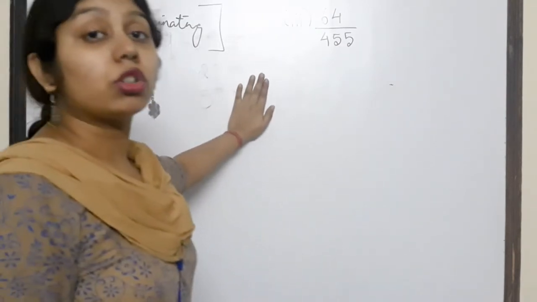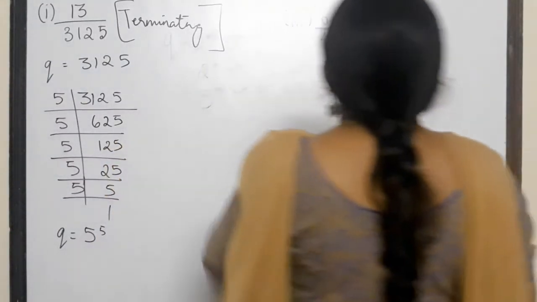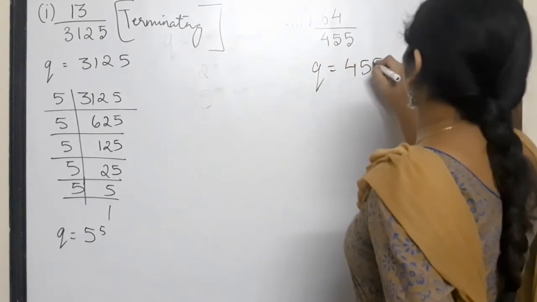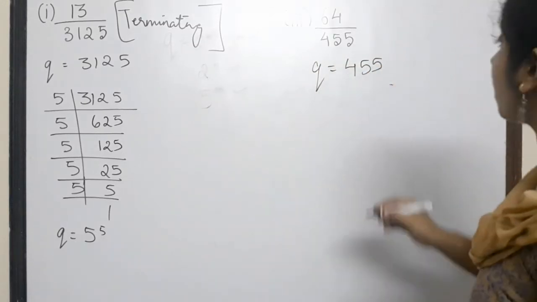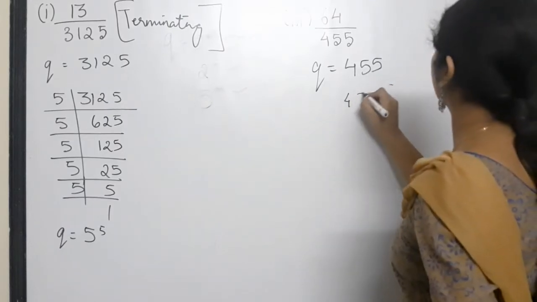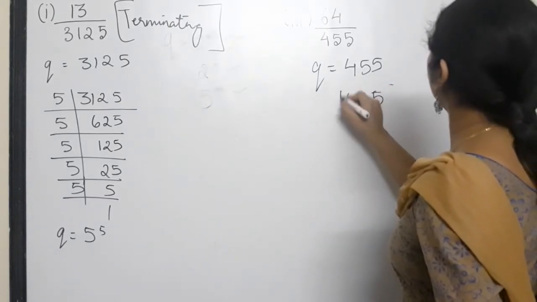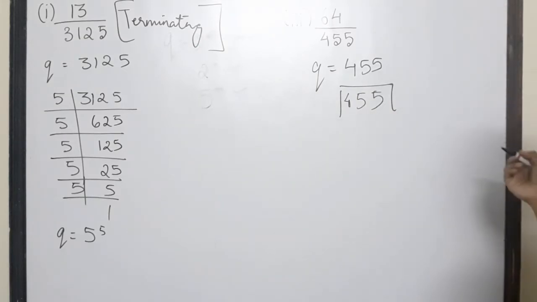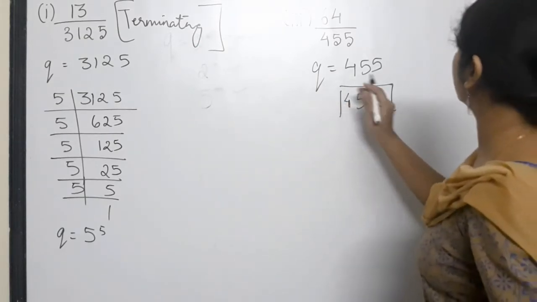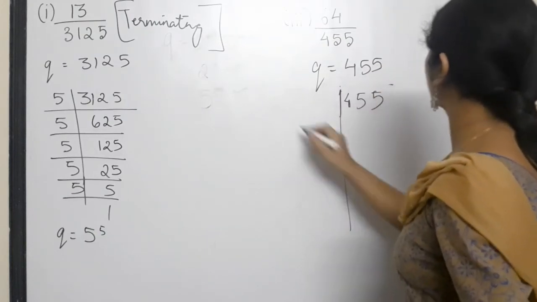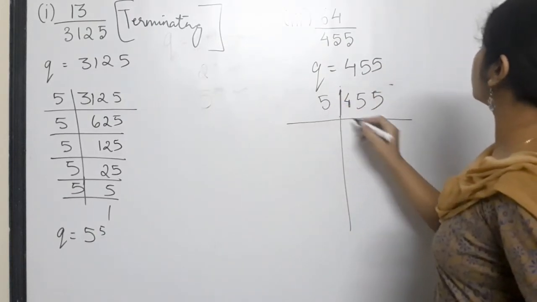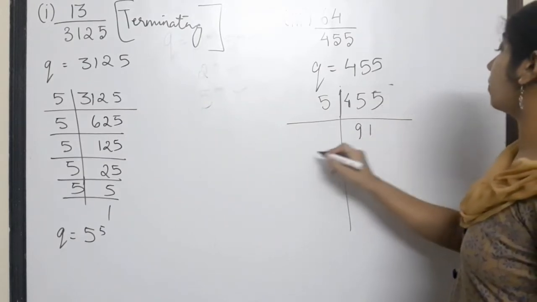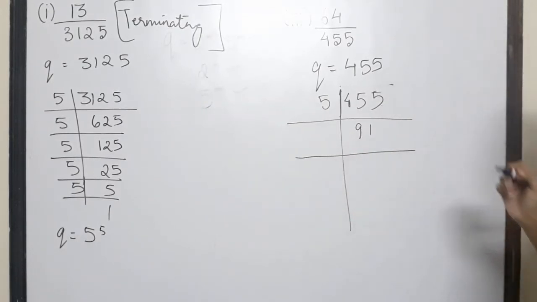Now next we move on to the third question. In the third question, Q is 455. Okay, let us see the prime factorization of 455. Will it go with 3? 3, 5, 5, 10, 14. No, it will not go with 3. Sorry, this is prime factorization, right? Alright. This goes as 5 9s are 45. 5 1s are 5. Alright, now 91.